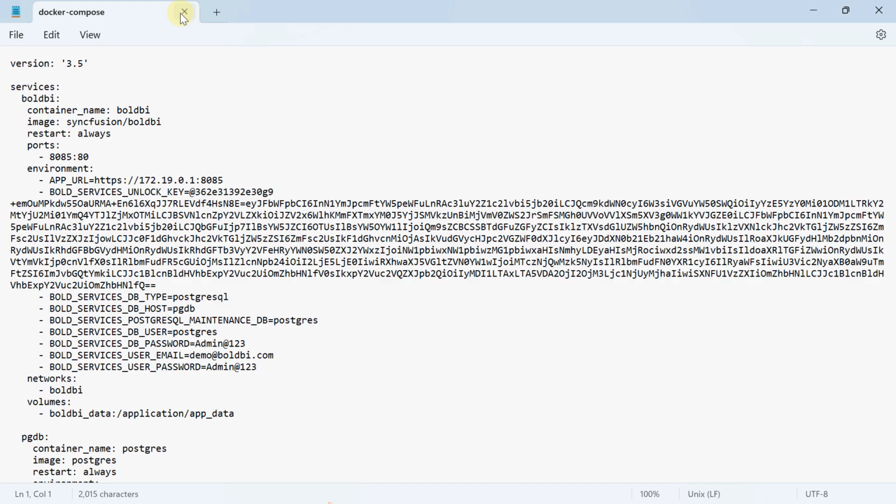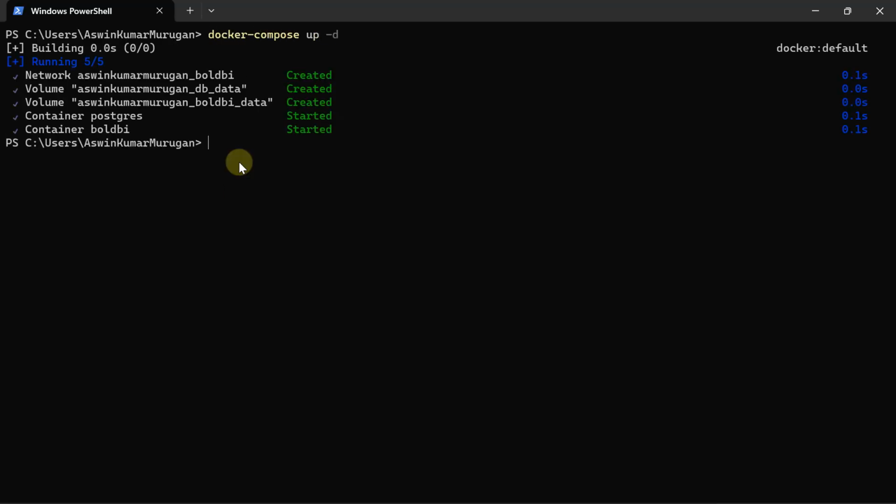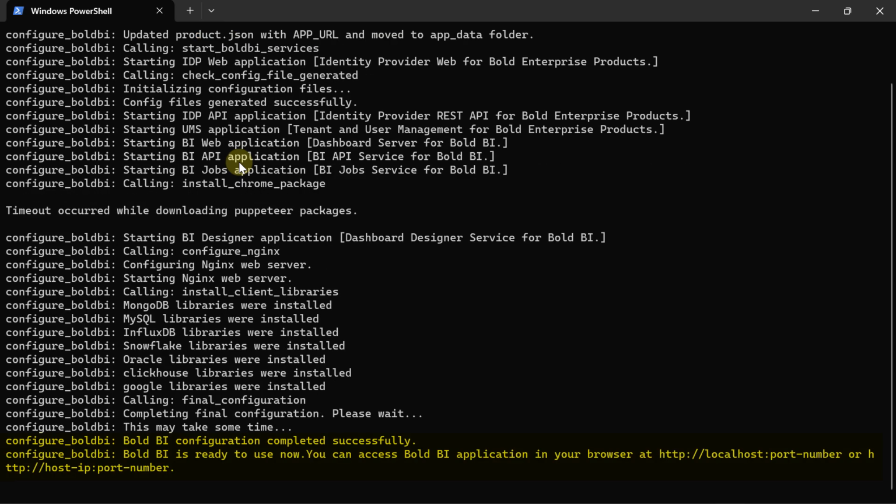To resolve this issue, I run the command docker compose down -v to stop the running containers. Open the docker compose file in edit mode using notepad docker-compose.yml and update the correct protocol for the IP address or DNS. Here, I have not configured SSL for the application URL, so I am correcting the protocol from HTTPS to HTTP. Now, I run the command docker compose up -d to restart the services. After this, I check the logs for hosting the application using the command docker logs bold-bi -f. You can see that the application has been deployed successfully.